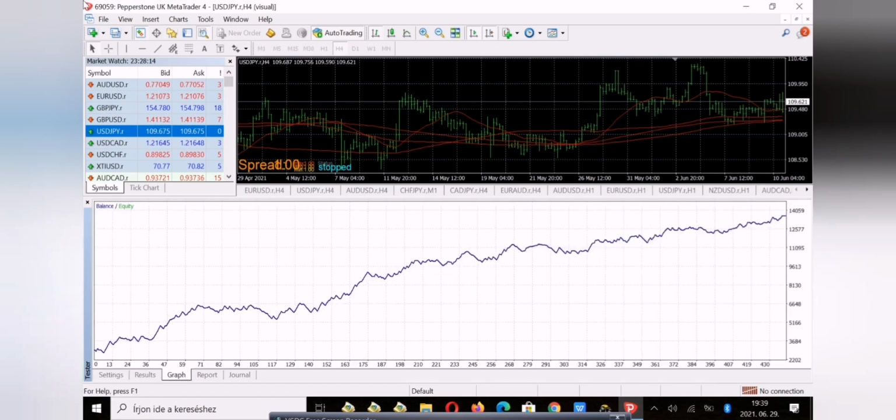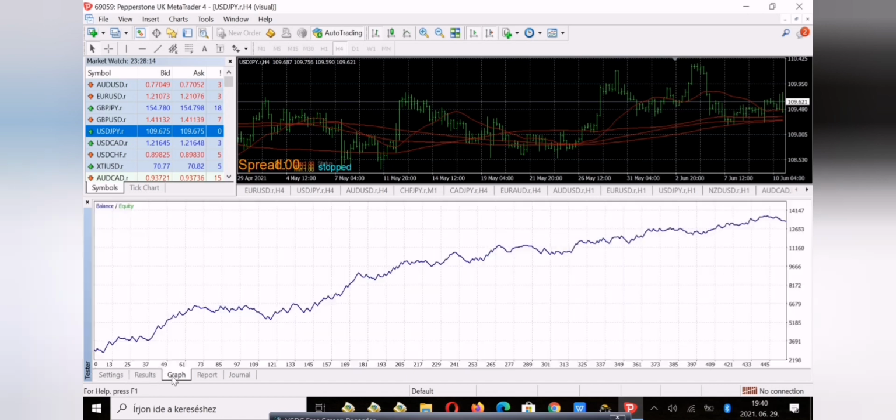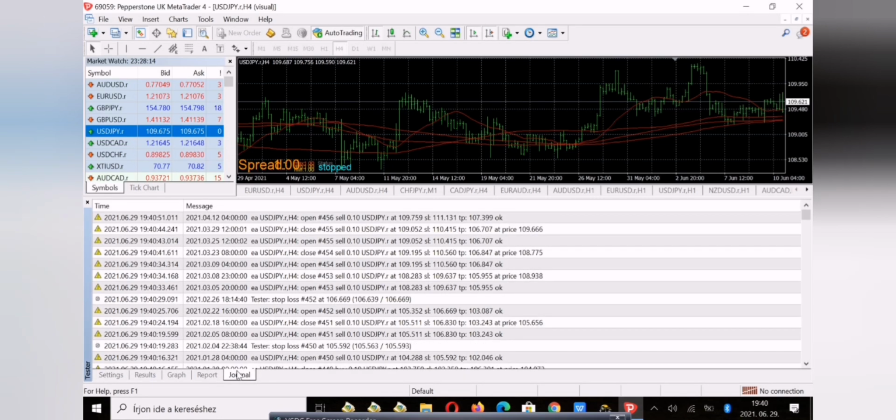I coded a time filter into this EA as well, because I think that is one of the most important features in optimization and in forward testing, and actually for good live results. And one of the most important things that I want you to remember is that trading forex is asymmetrical for long and short trades. So don't fall for always making symmetrical parameters for long and short trades,